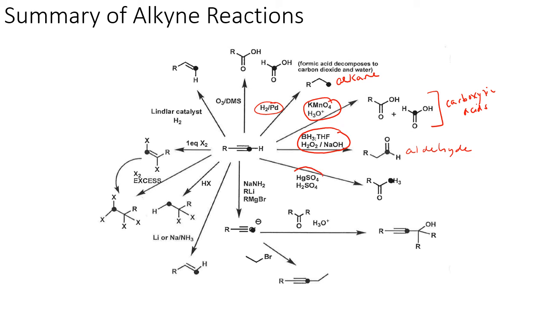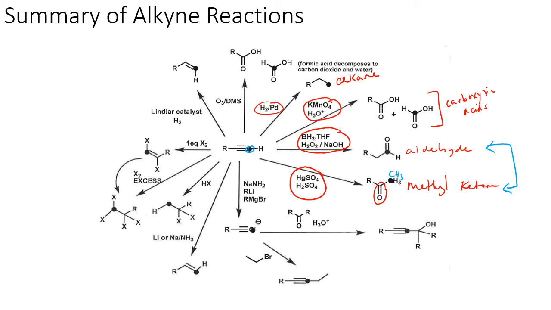If we did a hydration reaction using mercury sulfate as a catalyst and sulfuric acid, we ended up with a methyl ketone because the more substituted side ended up becoming oxidized. So that is kind of the opposite side of the coin of the borane tetrahydrofuran reaction. Either we oxidize the more substituted side and get the methyl ketone, or we oxidize the least substituted side and get the aldehyde. This says CH3 under that dot right there because the dot's showing you where this is at